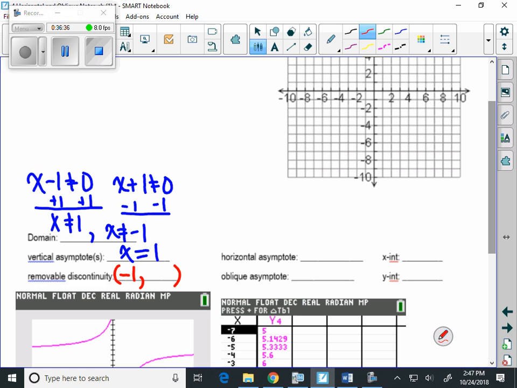So again, this is where this x plus 1, that's what canceled out. When we solved that for our domain, we got x doesn't equal negative 1. Because that's the value that canceled out, that's where the removable discontinuity is. And then the one that didn't cancel out,